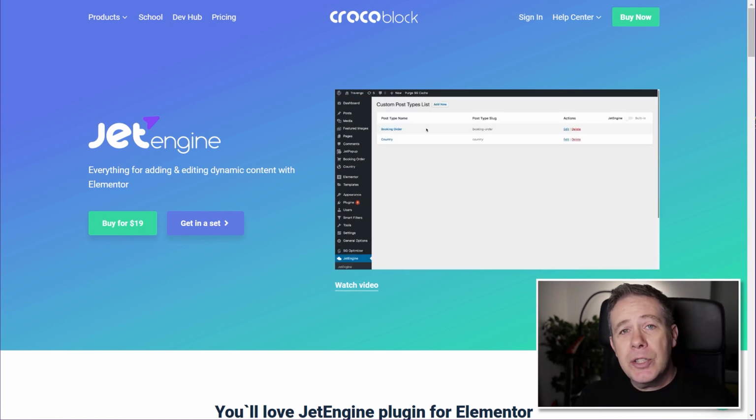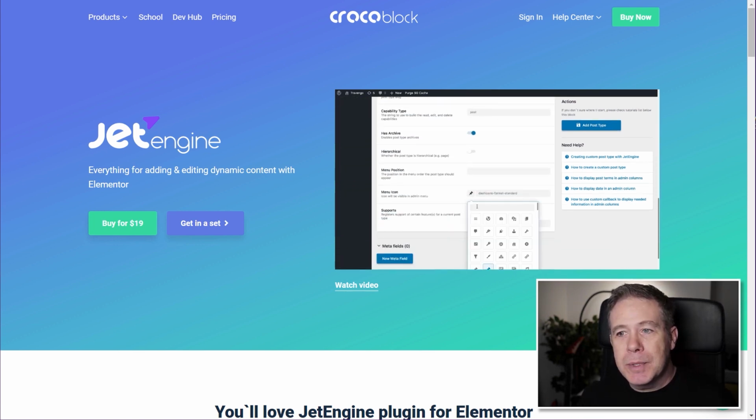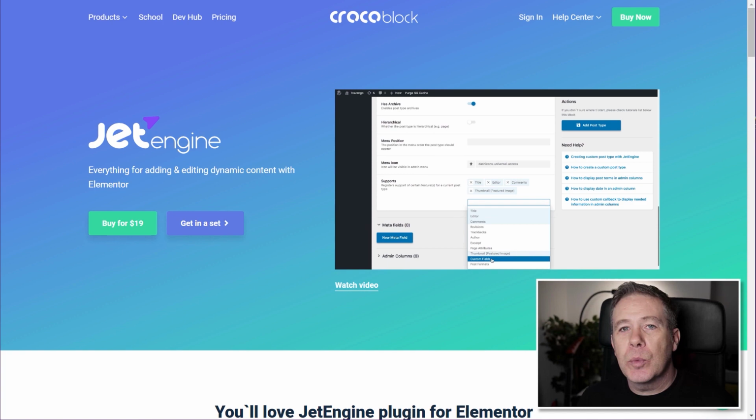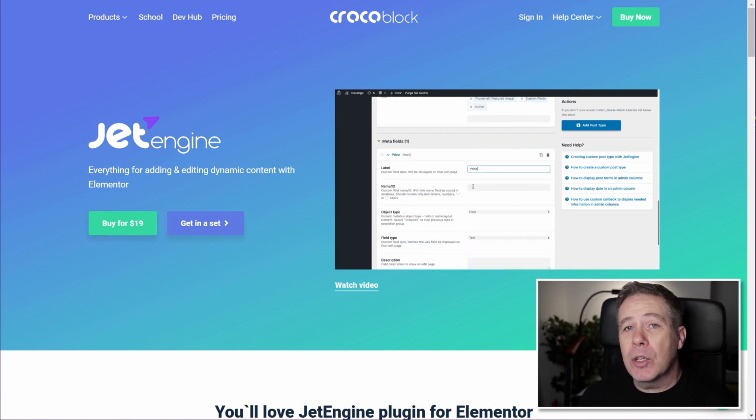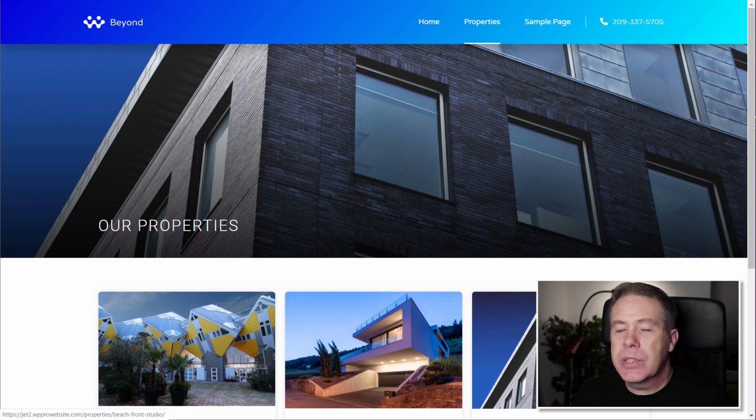With that out of the way, let's jump over into the dashboard now and let me take you through and show you how these new updates to JetEngine impact the way that we can start creating more dynamic content with this plugin. Now, I've already created a very simple setup to use with this particular video,